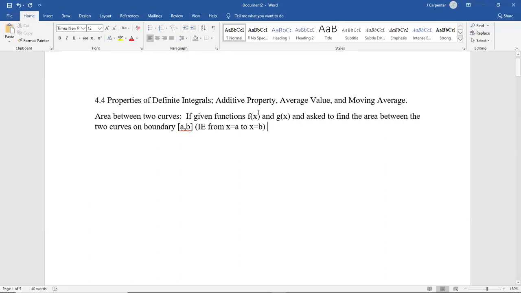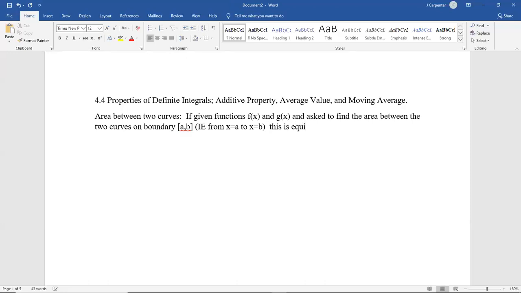So if given functions f of x and g of x, so two curves, and instead of you wanting to find the area under the curve, because now I got two of them, maybe you want to find the area between the two curves. And we'll get a picture for that very, very shortly. But if you're asked to find the area between the two curves, from a first x value to a second x value, a and b,